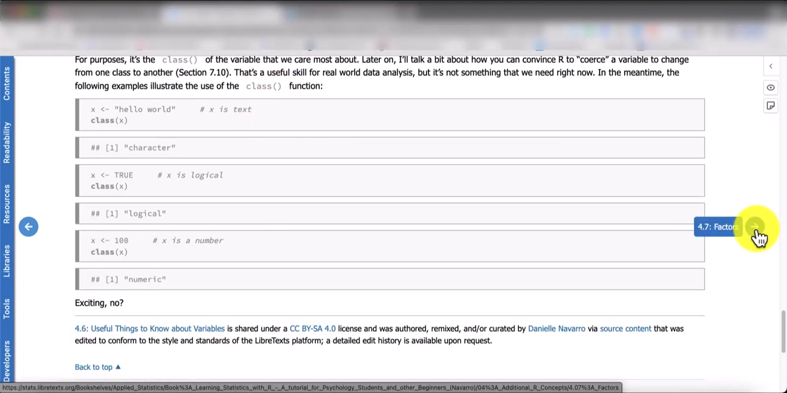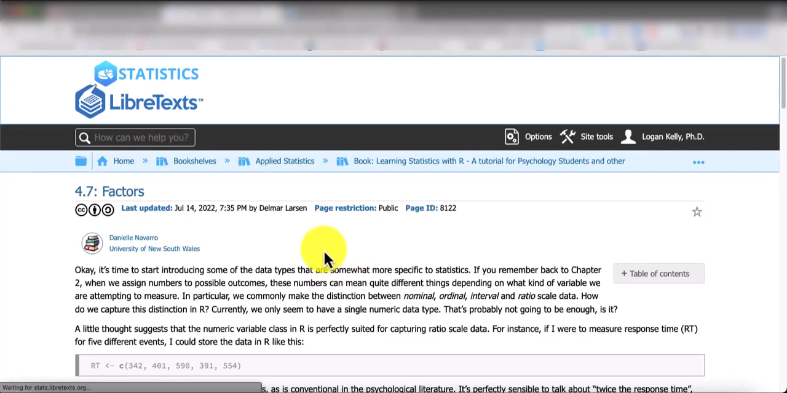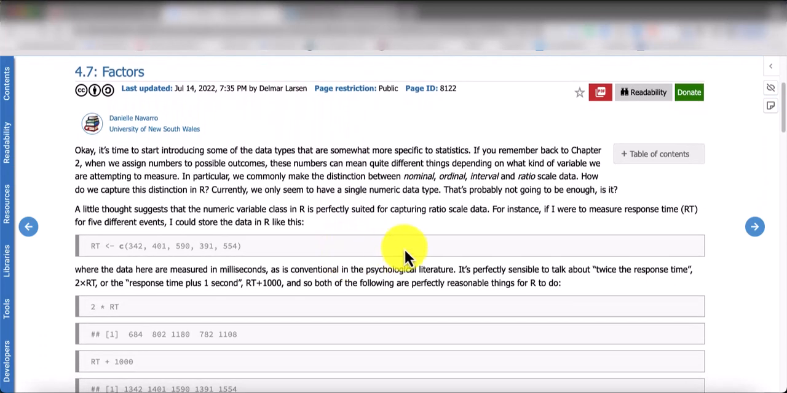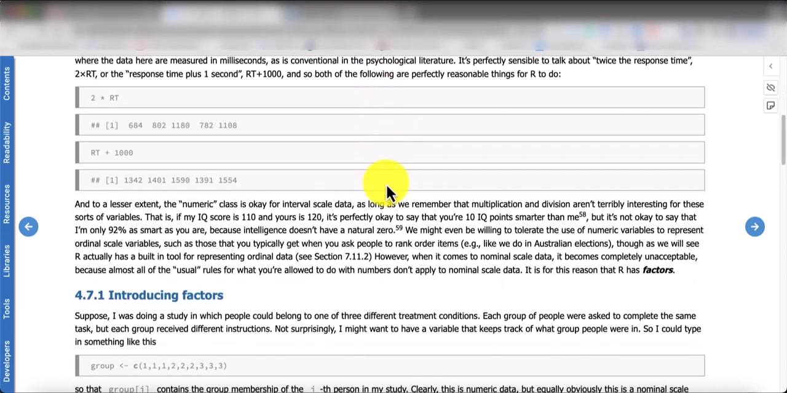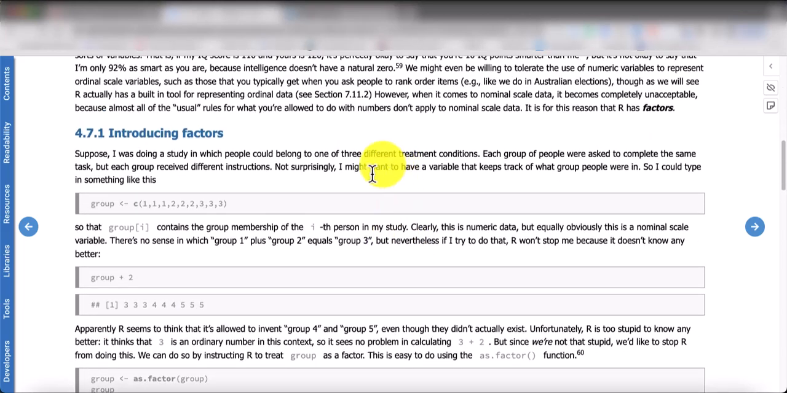so let's talk about a particular type of data type or data class in R, and that's called a factor. These are really, really useful. And what a factor does is it works with groups. So sometimes we have numeric data, sometimes we have categorical data. So for example, let's take